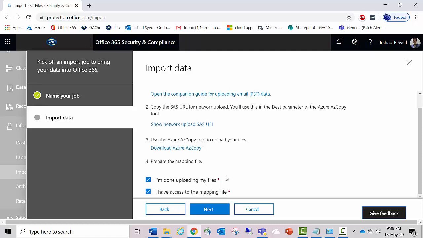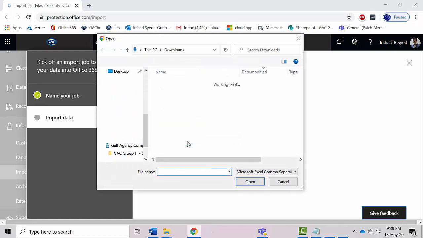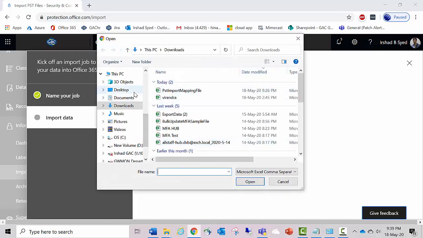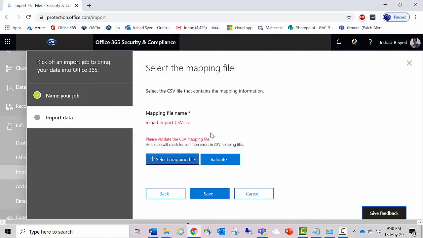These two tasks we have already done. Now proceed to next. Here select the mapping file, meaning your CSV file. Now click on validate. It will indicate whether everything you filled in the CSV file is correct or not.